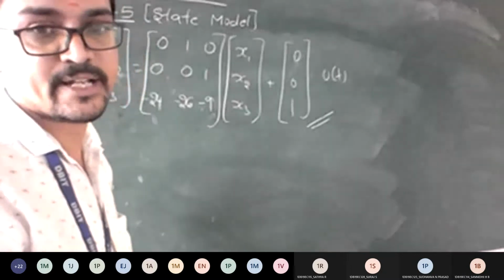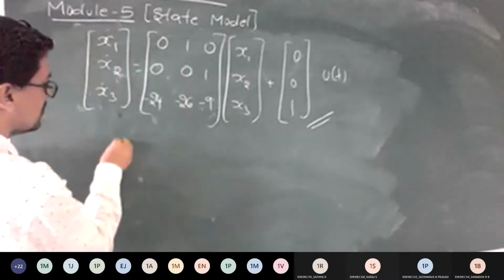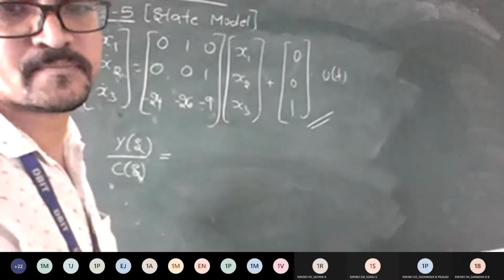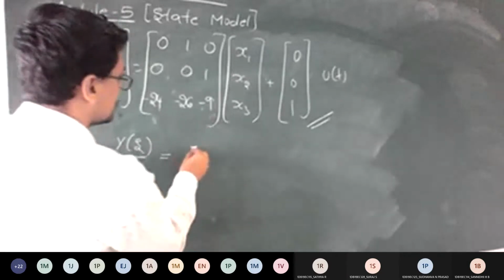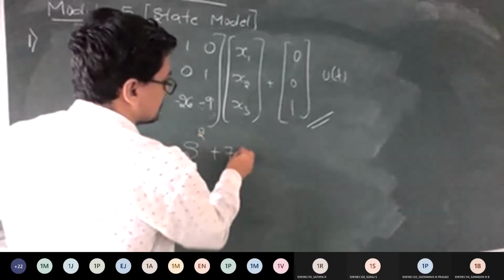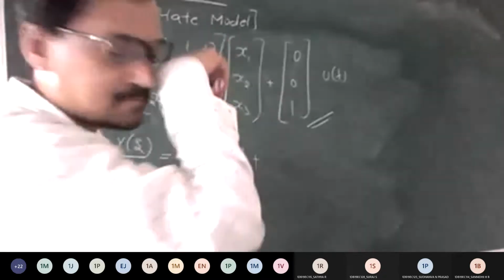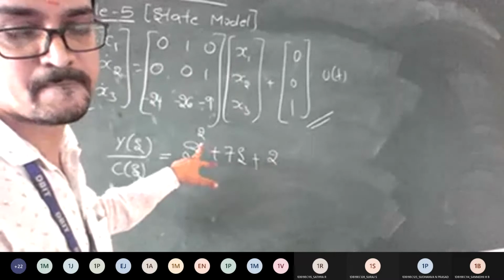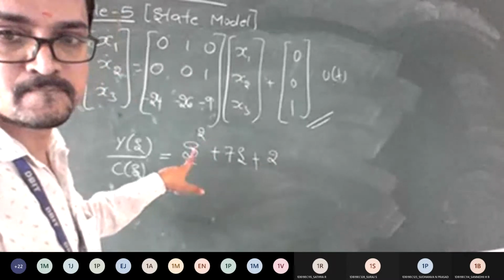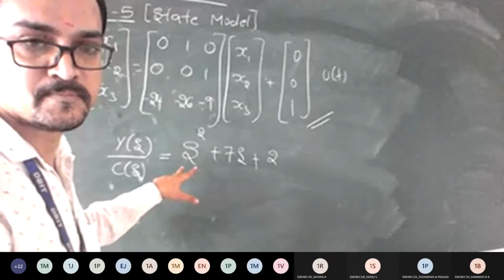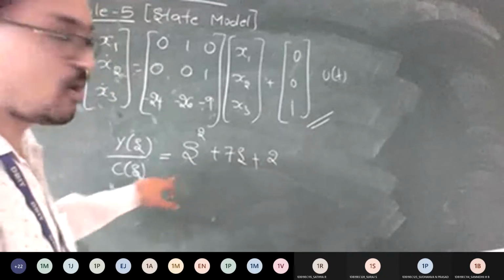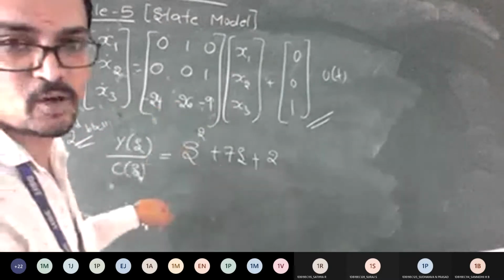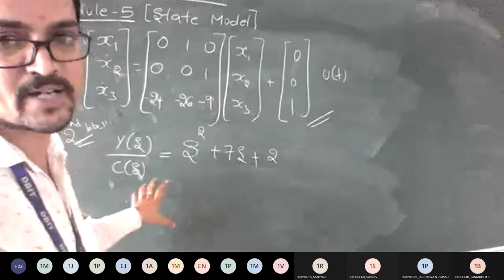Okay. So now we need to apply the same consideration for the second block. So it is Y of S by C of S. What was the equation you got? S square plus 7s plus how much? 2. Is it the equation, everyone? Yes, sir. So this is the second block. Don't end the problem there itself. You need to solve the output equation also. So how to split the block, we are mentioning, that's all.